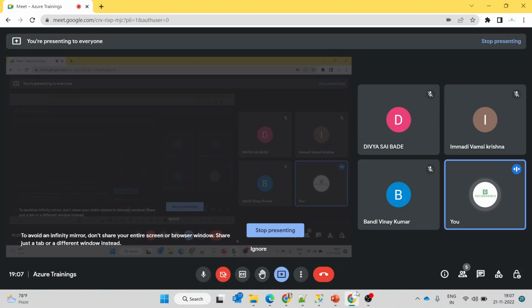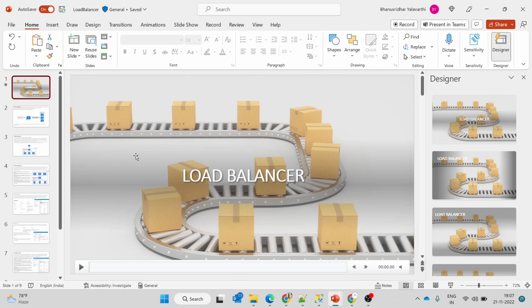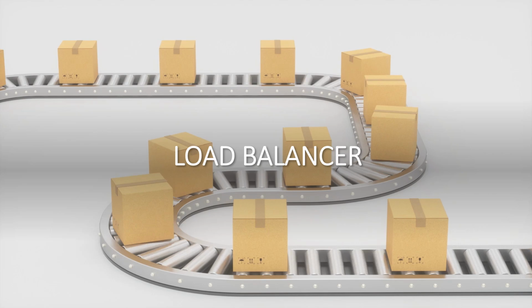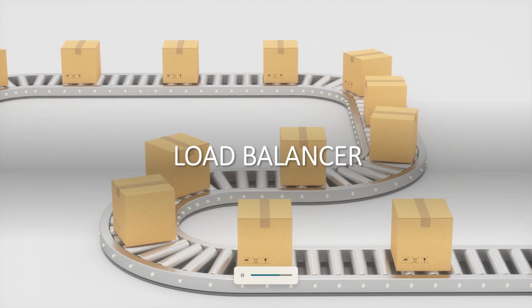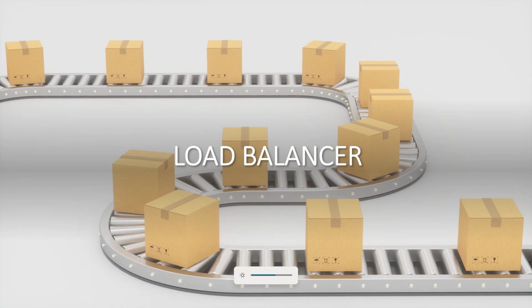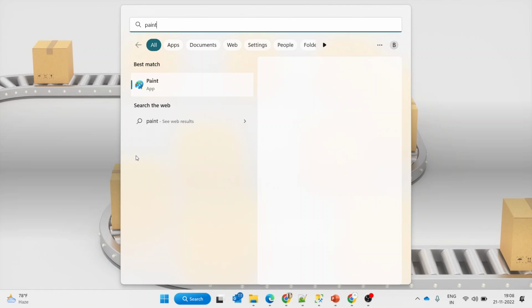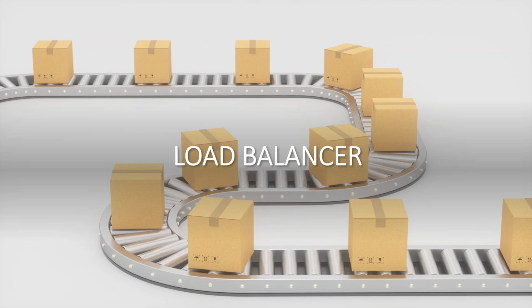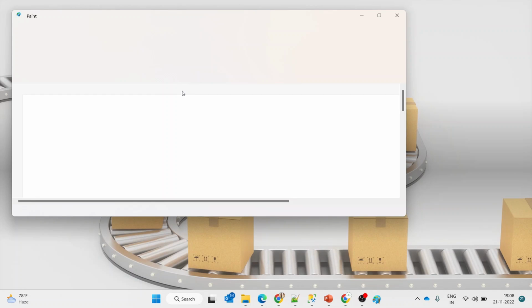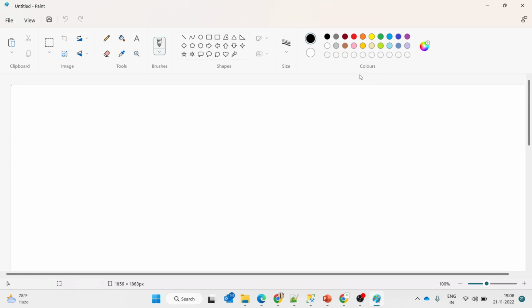So today we will be discussing the topic of load balancing. Before starting, let me open my Paint window also. Whenever we come to load balancing,